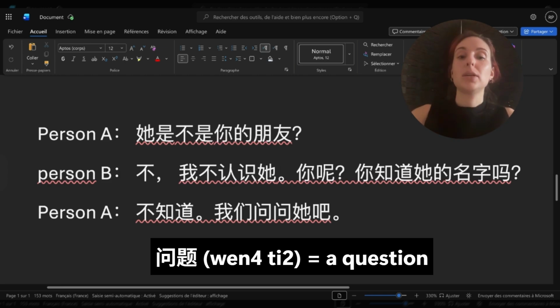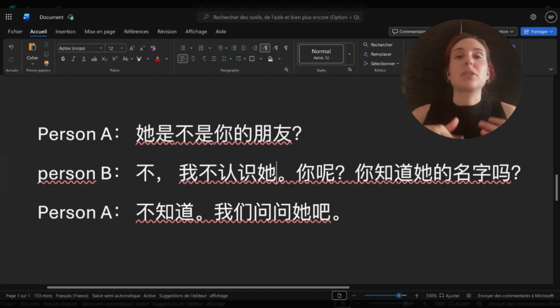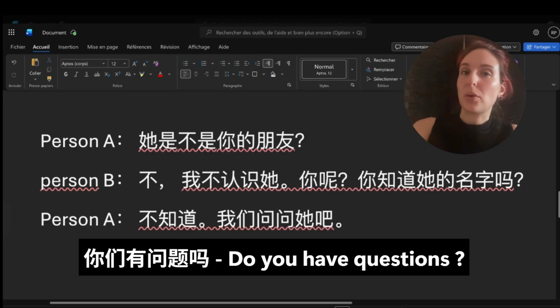So 我们问问她吧. Here it's repeated 2 times. It's like a casual way of saying, oh, let's ask her. 问问她吧. And the ba at the end is to suggest, oh, let's do that. Let's ask her. So 我们问问她吧。